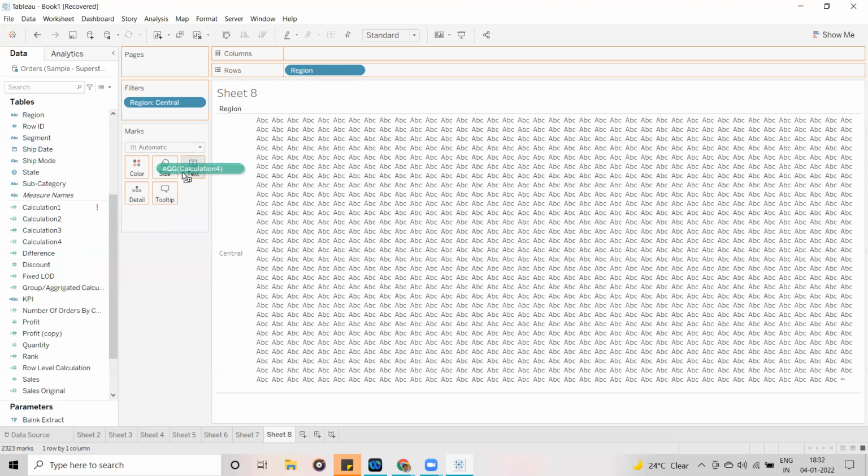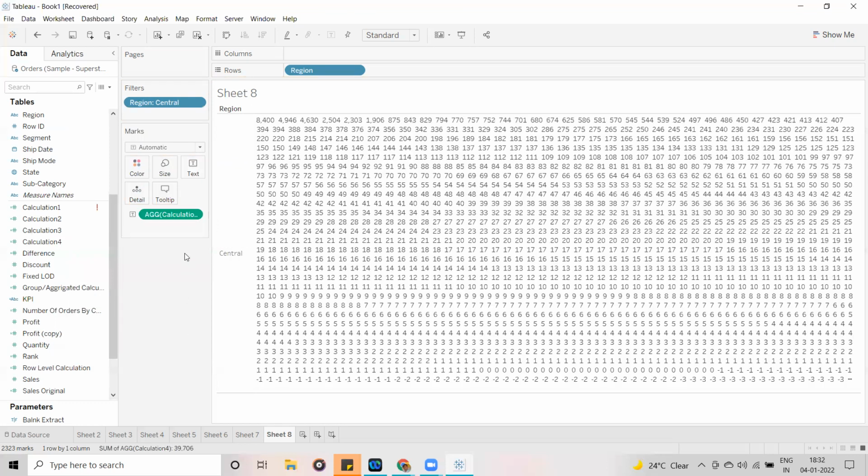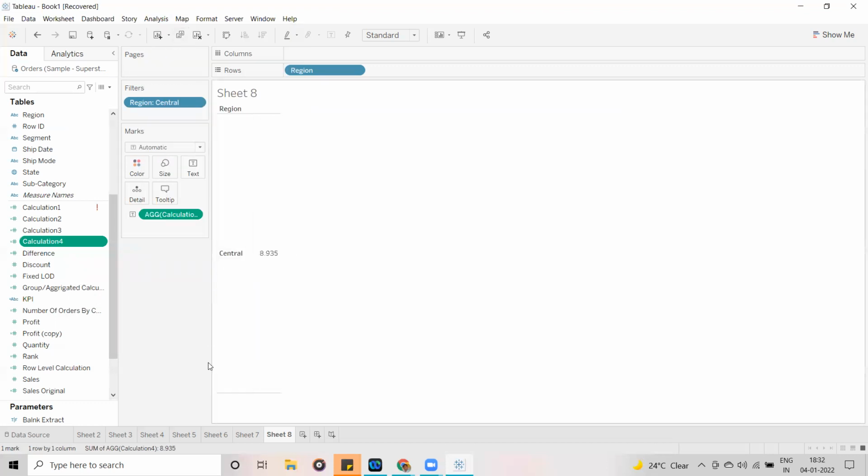Let me drag it into text. Is this correct, what we have written? Yeah, here it is showing aggregate, so let's go to analysis, aggregate measures. Now, guys, you can see it is giving 8.935. This is the 60th percentile value.